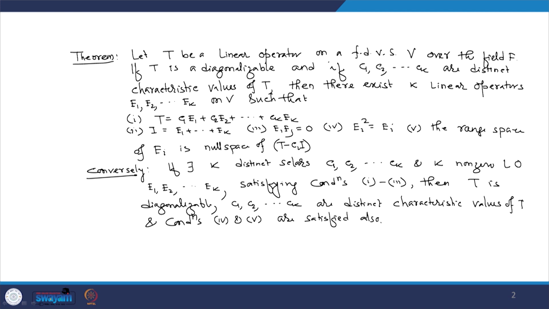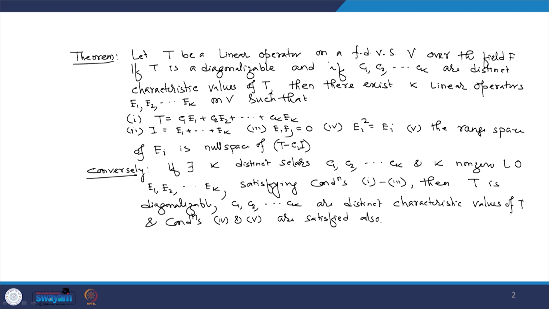Now, the problem is the converse. I mean to say, if there exist k distinct scalars C1, C2, Ck and k non-zero linear operators E1, E2, Ek satisfying conditions 1, 2, 3, that is, the operator T as a sum C1 E1 plus C2 E2 plus Ck Ek, and the identity operator as a sum of these k non-zero linear operators E1 to Ek, and the operators satisfy Ei Ej equal to 0 when i is not equal to j, then T is diagonalizable, and C1, C2, Ck are the distinct eigenvalues of this operator T,